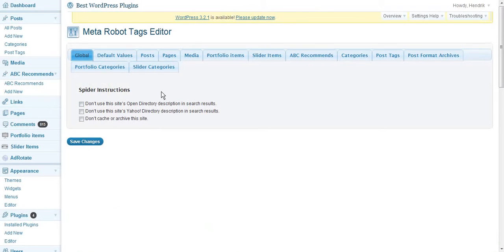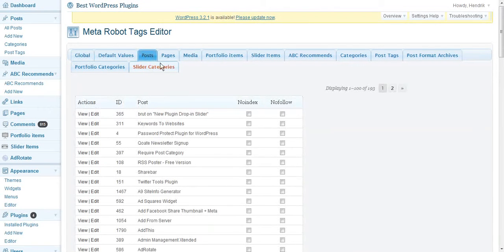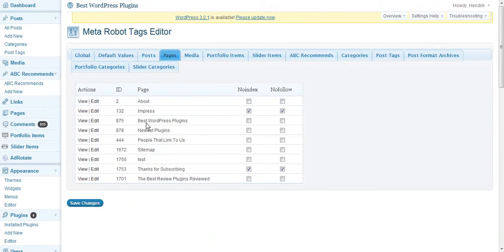So whenever the link, for example, to my Impress appears, I will set this page to no index, and the link that goes to Impress I will set to no follow, so the page rank stays on the various pages and is not passed on to the Impress page, because I don't need any page rank on the Impress page. So that's this for this